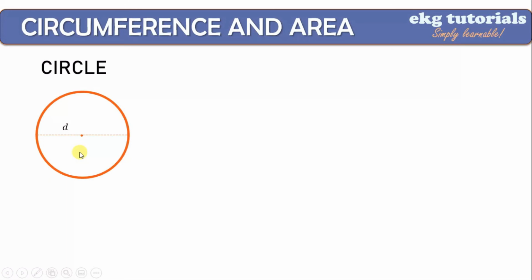Another thing is, from the center of our circle to any point on the circle, we call that the radius. So it's very important na maintindihan natin ano yung pagkakaiba ng dalawang ito and how are they related